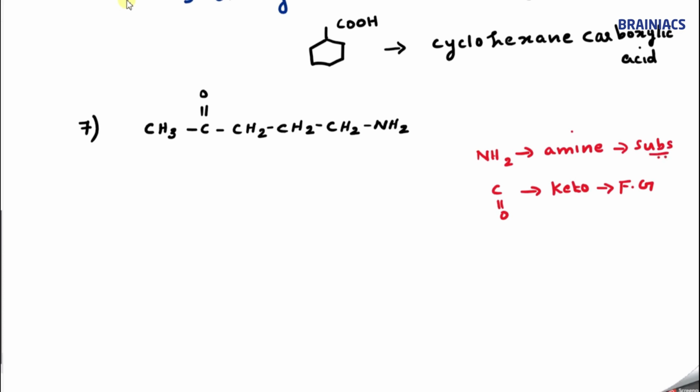Substituent. Okay. So let me say, what is the parent carbon chain? Here the parent carbon chain will be like this, correct? This is the parent carbon chain. Next we need to number it. In numbering, we should ensure that the carbonyl group gets the lowest possible number. That is possible if you go from left to right: 1, 2, 3, 4, 5.